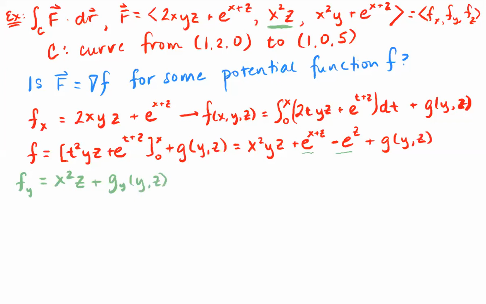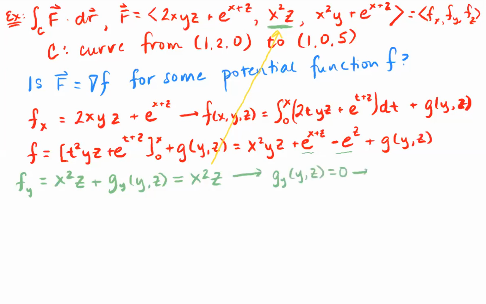But we already know from our original vector field that partial y should equal x^2 z. So again, I got this from up here. That's what partial y needs to equal. Well, that means that partial g partial y equals 0,